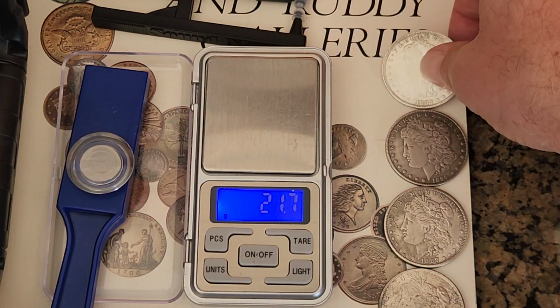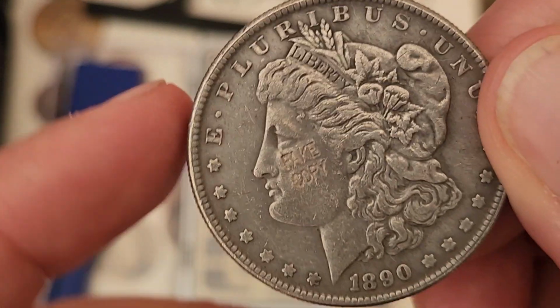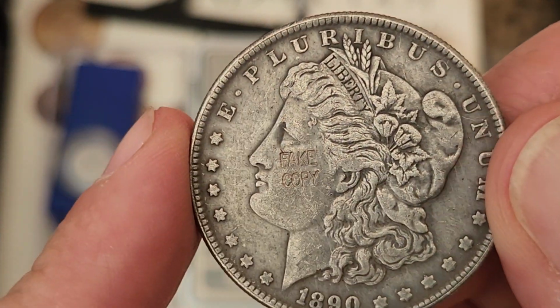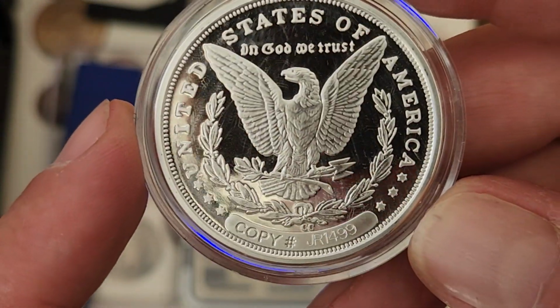Now, it's not against the law for them to have or make these phony coins, but they are supposed to stamp them, like this one that says fake copy. That's what they're supposed to do. Or this one here, which is a proof, where it says that it's a copy down there. And this is